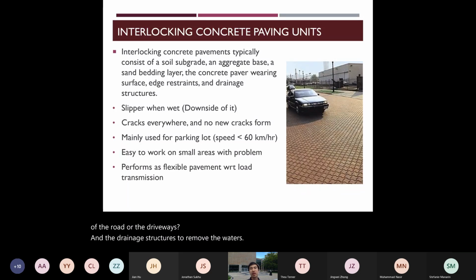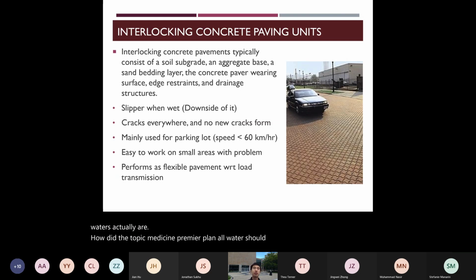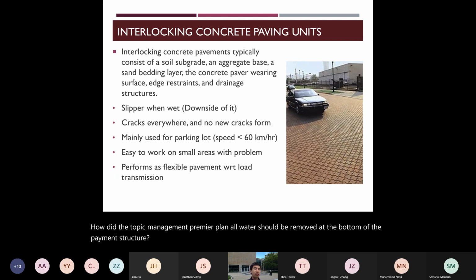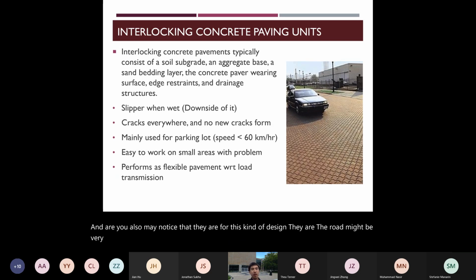as far as possible. As for the interlocking system, the surface cannot resist any water. The entire pavement is permeable, and all the water should be removed at the bottom of the pavement structure. You may also notice that with this kind of design, the road might be very slippery, especially after the rain. So we need to think about driving the cars on the roads slowly,